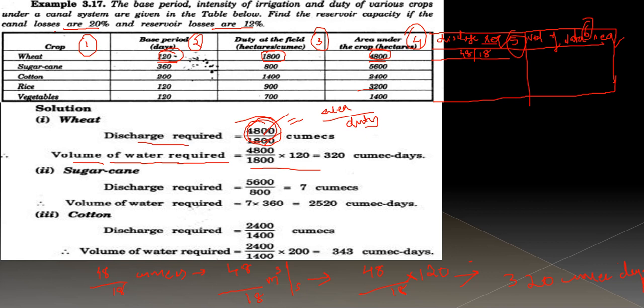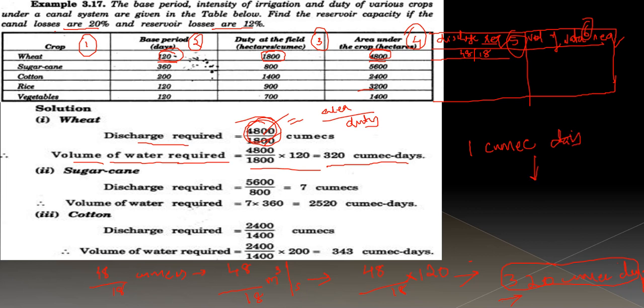That's the same unit. If 48 by 18 cumecs is provided for 120 days, this much volume of water will be present. So we got the volume of water required as 320 cubic days, and 1 cubic day